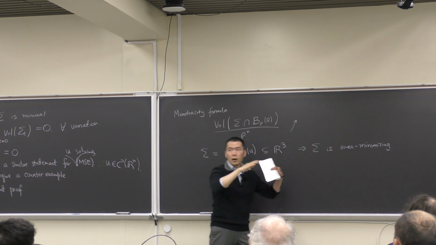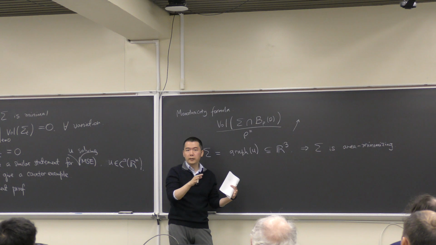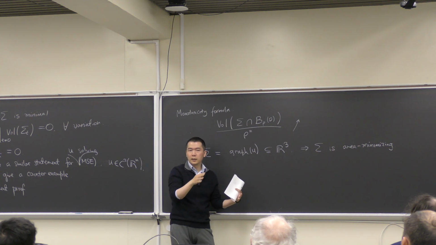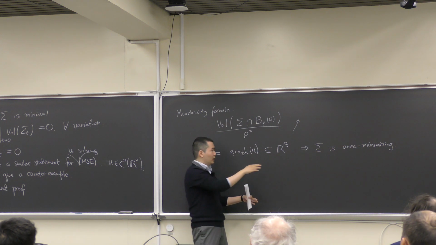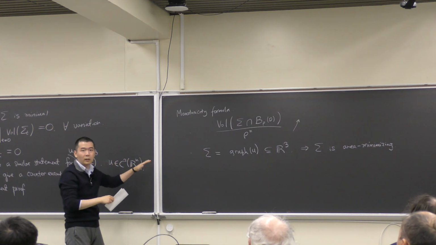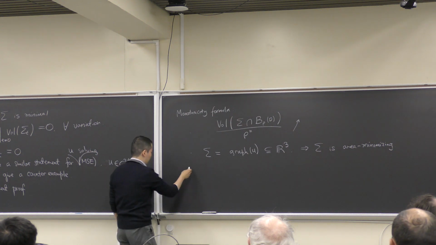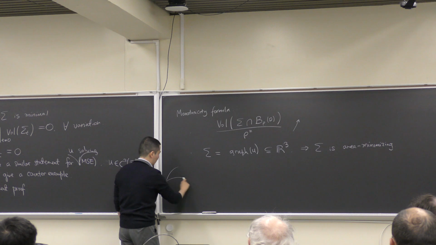This means for any compact portion of sigma, that compact portion minimizes area among all surfaces with the same boundary. So it's a stronger condition than just being a critical point, right? It's a minimum, all right? So in particular, let's see. I have, let's say, a minimal graph